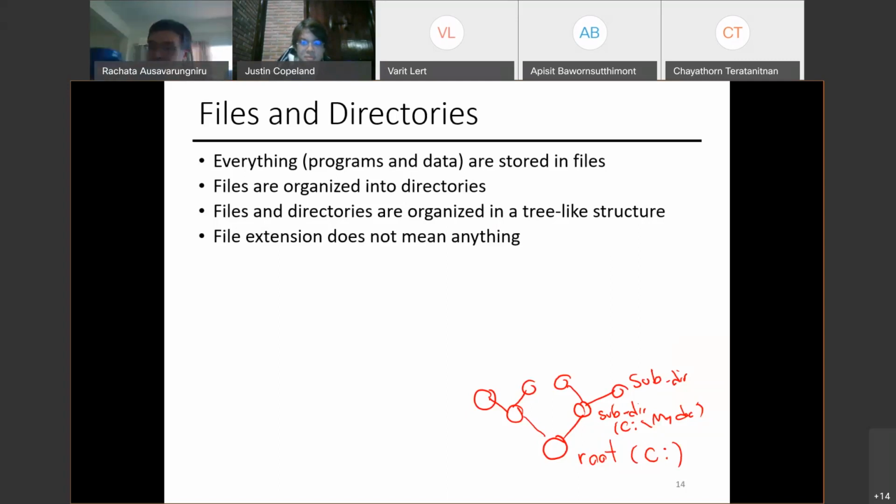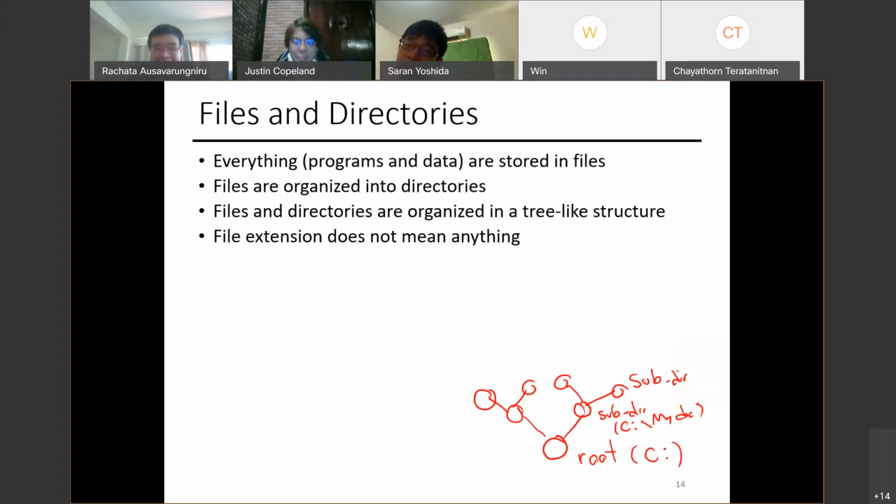We know to specify what it is, a program to run. Yeah, exactly. To specify the type of that file, right? It doesn't mean anything to the operating system, but to the user, if I say